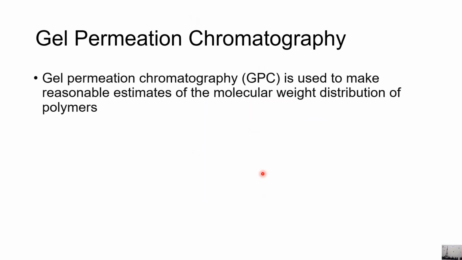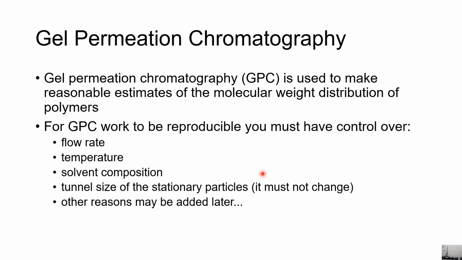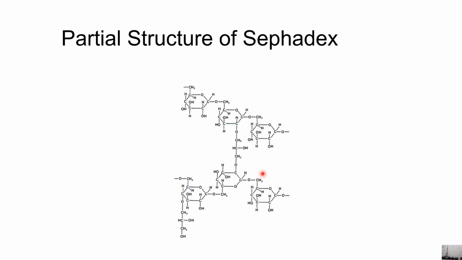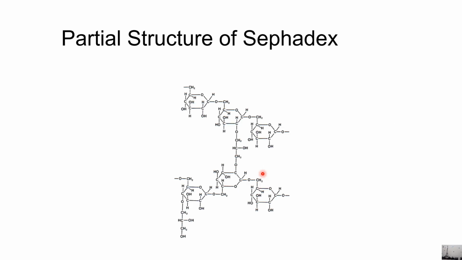Chromatography is used to make reasonable estimates of the molecular weight distribution of polymers. If the work needs to be reproducible, you should have control over the flow rate, temperature, solvent composition, pore size of the stationary particles, and so on. Okay,